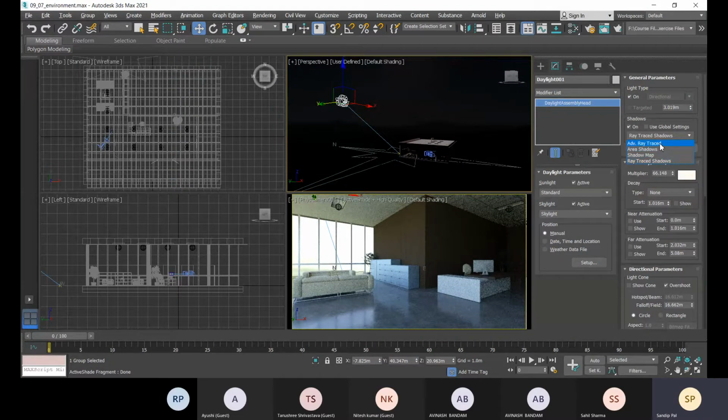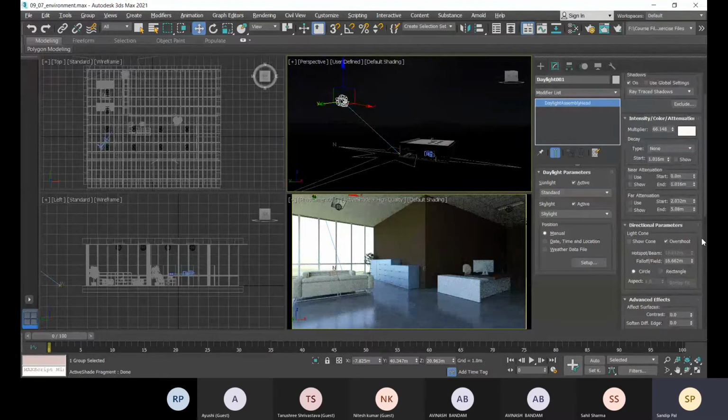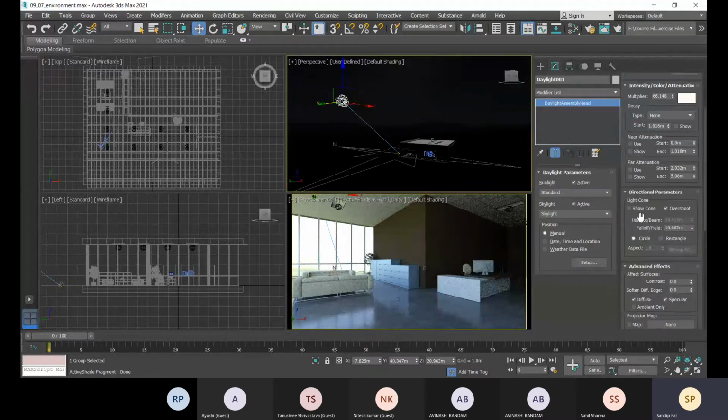And you can choose advanced ray trace, so that will give you some more options about that. So now this is all right, so this is okay, and these things shouldn't be there, so nothing like your spotlight, so this won't be selected.